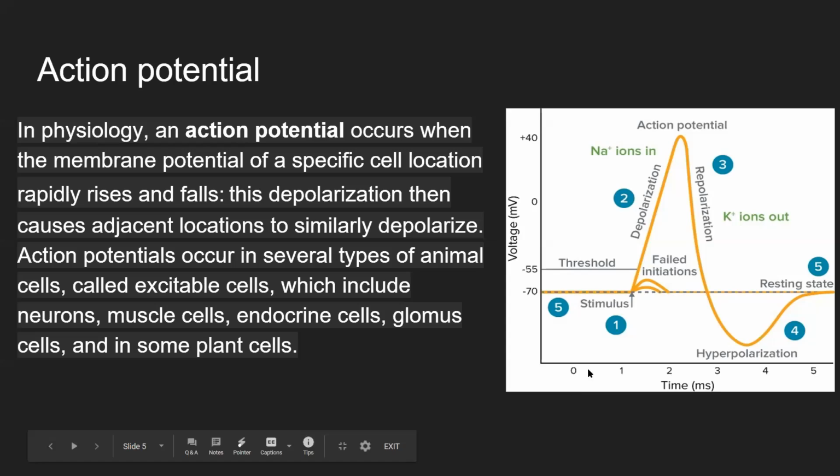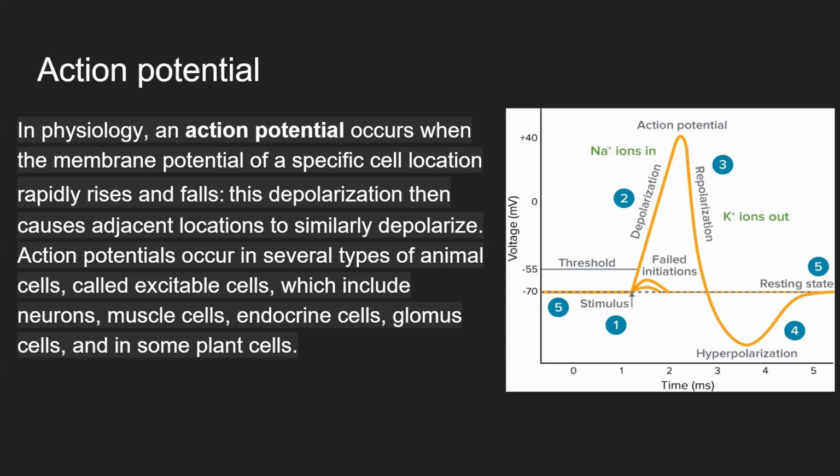In this graph, number one is stimulus. Stimulus starts a rapid change in voltage, or action potential. In the patch clamp model, sufficient current must be administered to the cell in order to raise the voltage above the threshold voltage to start membrane depolarization. Number two, depolarization is caused by a rapid rise in membrane potential, opening sodium channels in the cellular membrane,